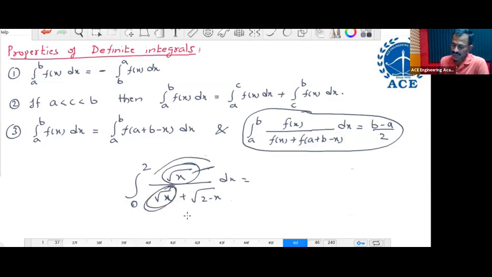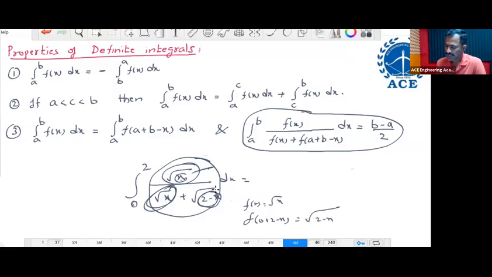Then we check whether the total function is in this form or not. If it is, directly we can write its value. That is, if we get this function from this function using this variable, then it will satisfy. Can you get this function from this function or not? Here, f of x equals root x. Then f of a plus b minus x, 0 plus 2 minus x, equals